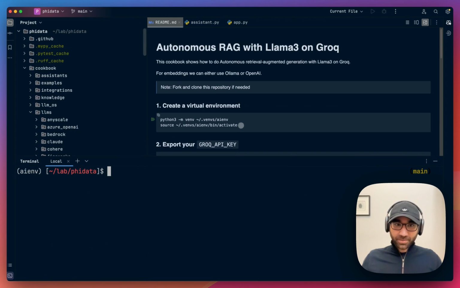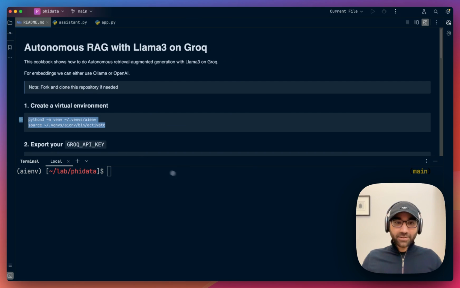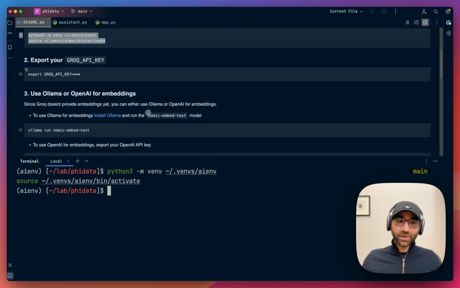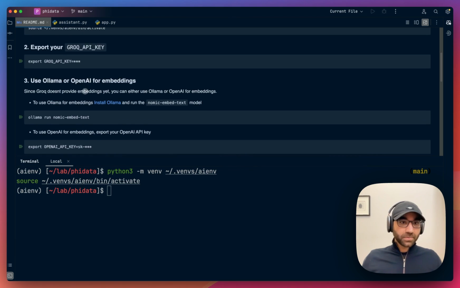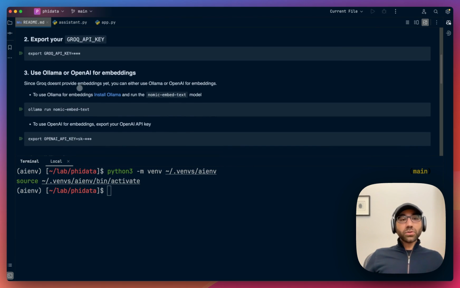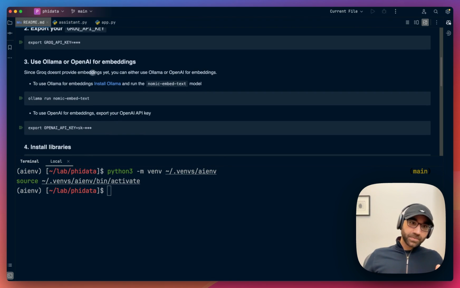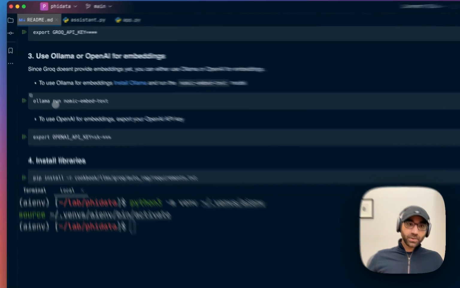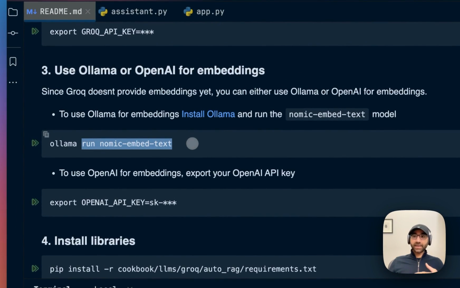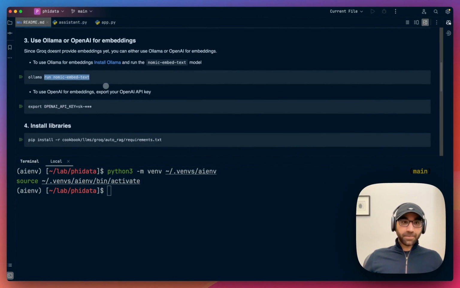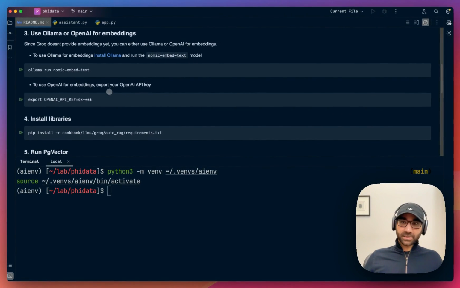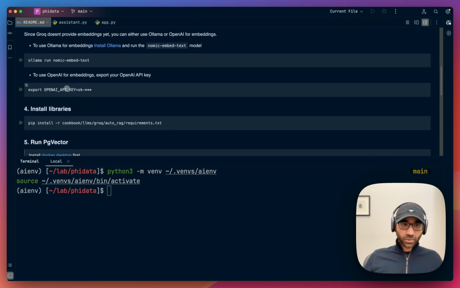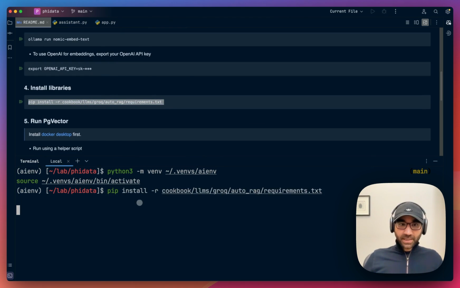After that, fire up your favorite terminal and first create a virtual environment where we'll install our dependencies. Then export your Groq API key, which you can get from console.groq.com. And then we'll use either Ollama or OpenAI for embeddings. If you want to use local embeddings, you can run ollama run nomic-embed-text and use local embeddings for embedding the documents, or you can just use OpenAI. I normally just prefer their latest small embeddings model. So you can export the OpenAI key, then install the libraries,